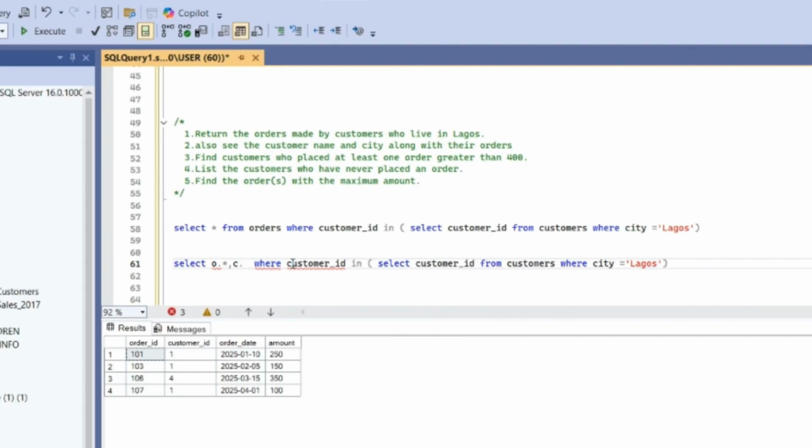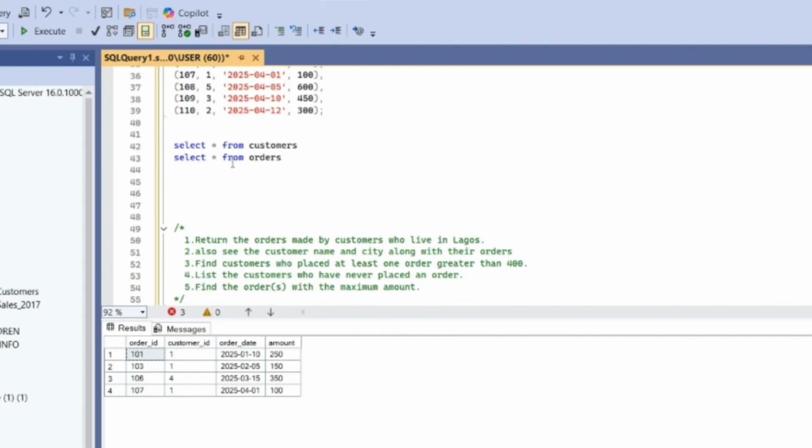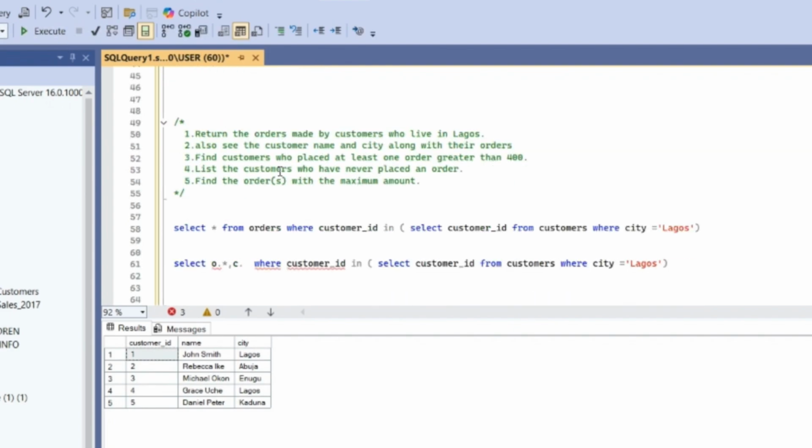Remember, I want to get the customer name of the customer, so I want to see how the customer name is written in the table. The customer name is just written as name. So I'll say C dot name, comma C dot city